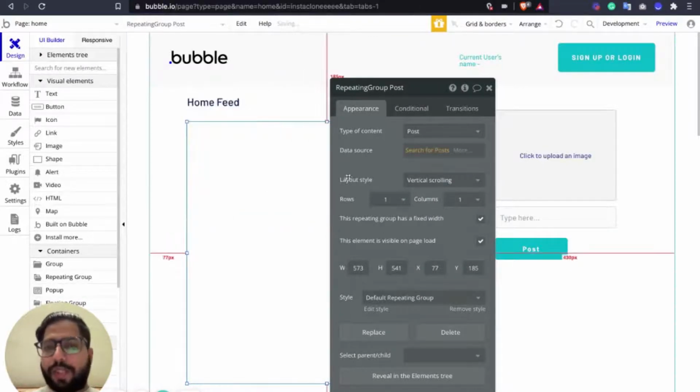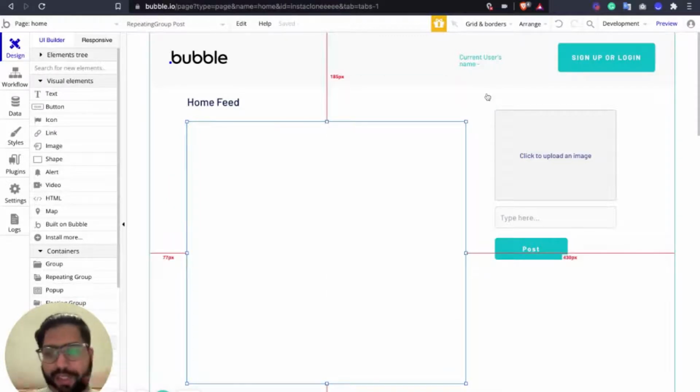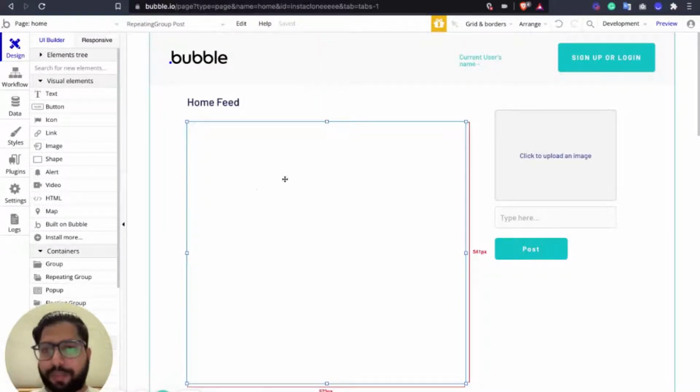That's it. For now, we're just going to show all the posts, irrespective of whom you follow or whom you don't follow. That logic we are going to implement at a later stage. For now, we are just going to come up with all the images whichever has been put by any users.